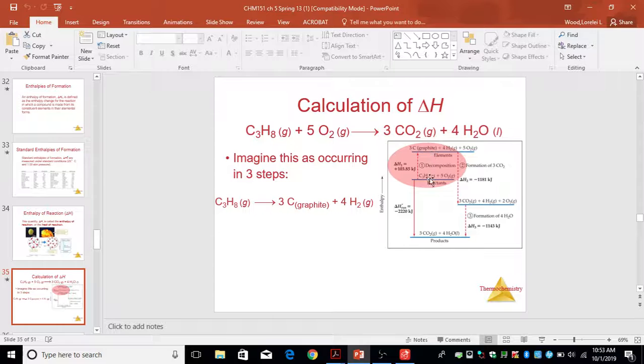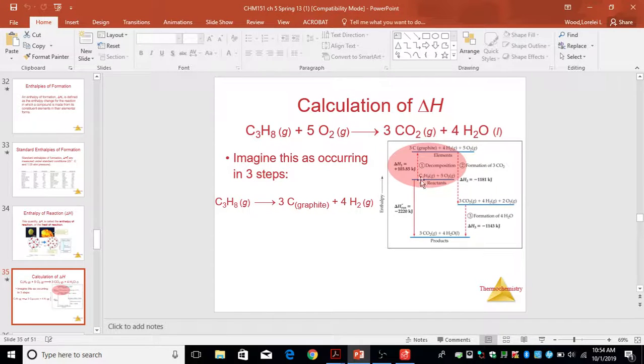And so what this energy diagram, remember, is enthalpy increases up in this direction. So things that are down here have a very low energy or low enthalpy. They don't hold a lot of energy. Things that are up higher contain more energy by virtue of the fact that they've gone through a chemical reaction. So this first one is telling you that they're starting at this part here where the C3H8 is, and